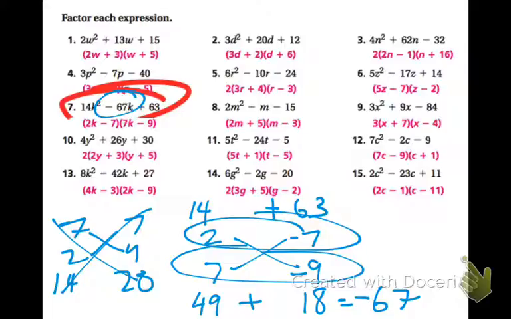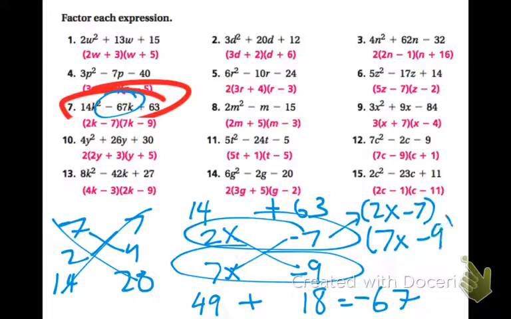Anyways, the binomials are simply stated. This one, the first one right here, is going to be really 2x minus 7 multiplied by, remember these are x's technically here, in class we went over that, times 7x minus 9, and that should be the answer, which is on top right there. So that, real quickly, is the cross method. And in review,